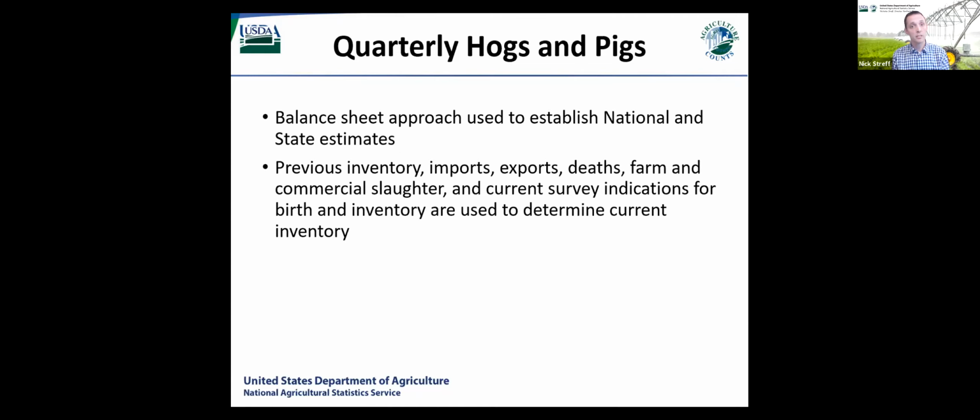And at the national level is where the numbers are the best. So they may see things a little bit differently, and then they may need to call us back in the future to adjust our state level numbers to make sure we can meet that national target. Because once again, they have that balance sheet that they can look at to make sure everything's falling in line with the survey indications plus with the slaughter data that's provided.